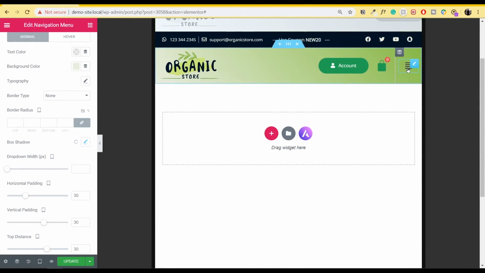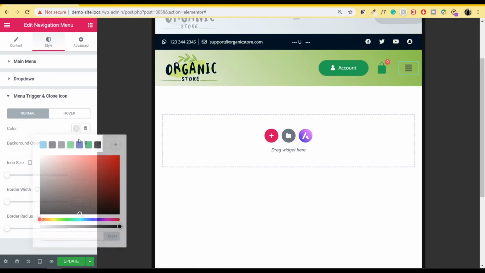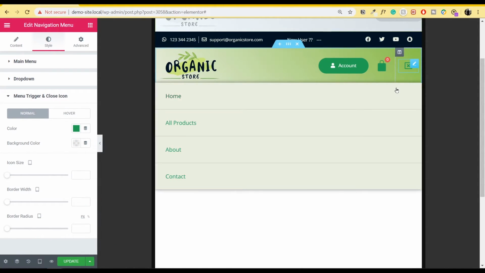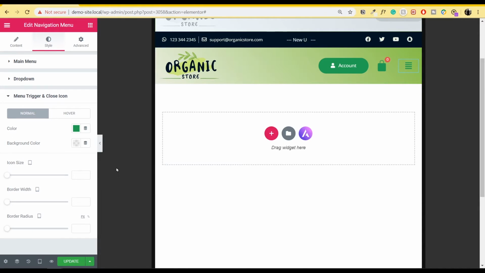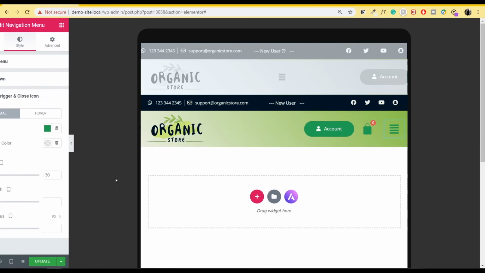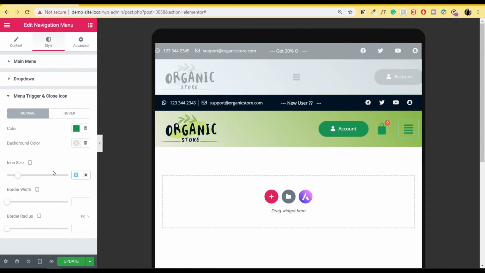Let's close this. Let's change this menu color as well. So what I can do is simply click on this menu, go to the menu trigger and change the color. So I'll change this color to a darker green. And if I click it, you can see this turns into a dark green. So this is looking pretty nice. I can of course increase the icon size, and if I hide it, I think this is too big. So I'll let the option be default, or I can put in 25. So that's looking good as well.